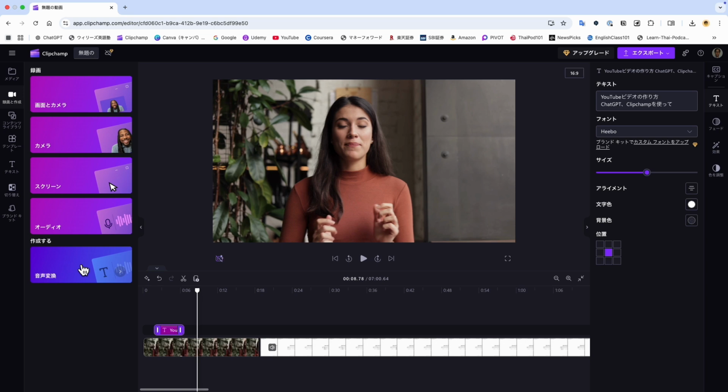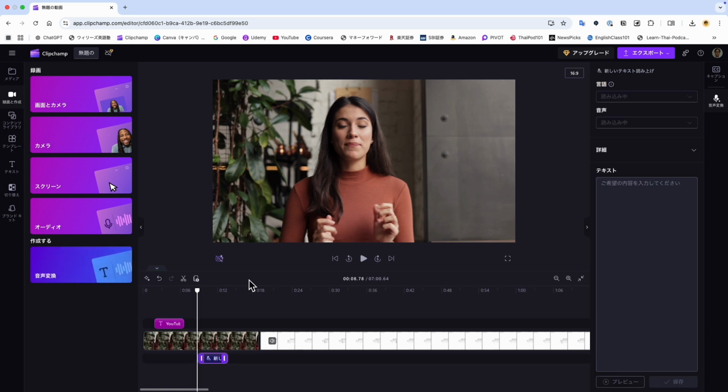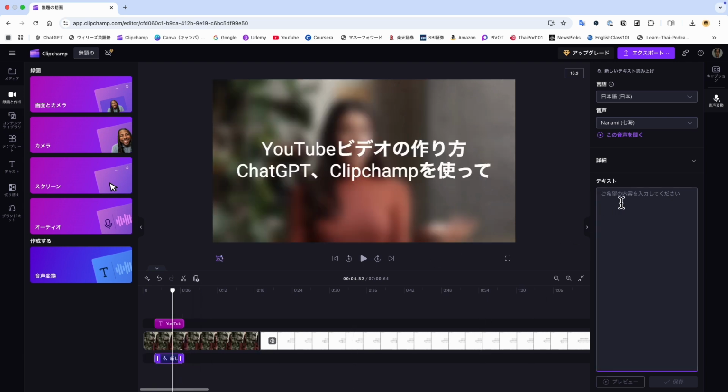To create the narration, press Record and Create on the left, then select Text-to-Speech. The text-to-speech content will appear on the right.